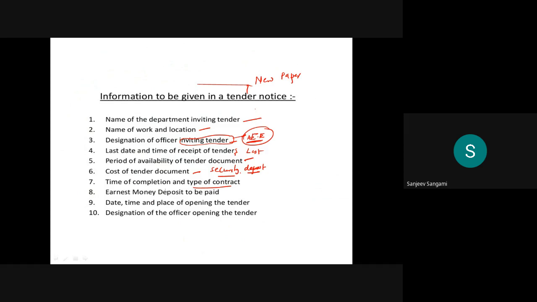So when you have to complete it and what type of contract it is. Then the earnest money deposit to be paid. Then the date, time and place of opening the tender will also be given. Remember this. I already said that whether it is a closed tender or open tender, when they are going to open it in front of the committee is given. Then the designation of the officer opening the tender will also be given.